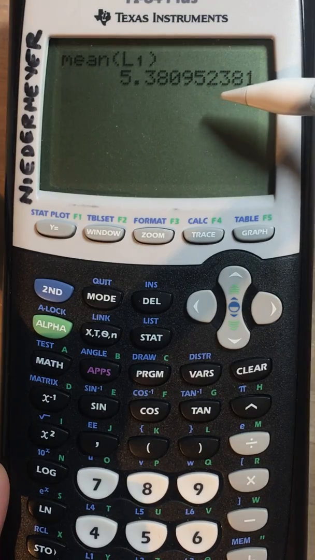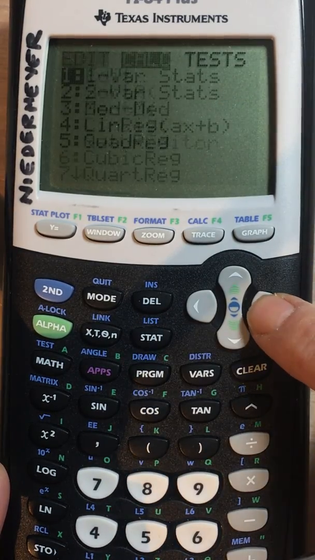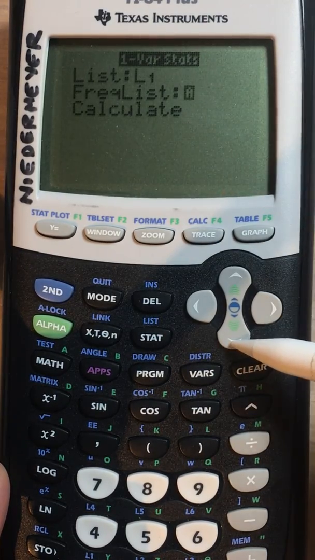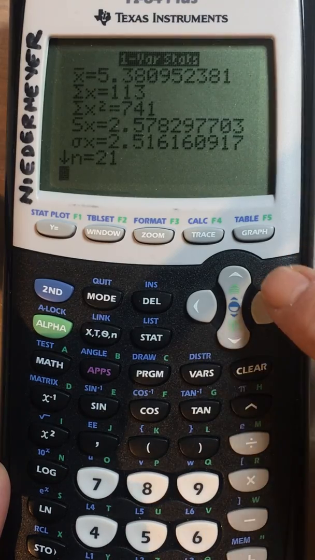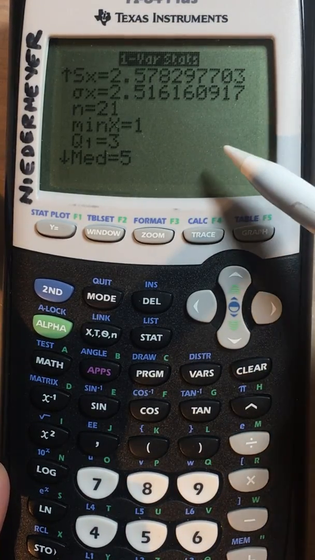So if I only wanted that. Obviously, if you want lots of things all at once, it's better to go to this calculated list here, where it does everything in one screen. But if you just wanted one particular measure,